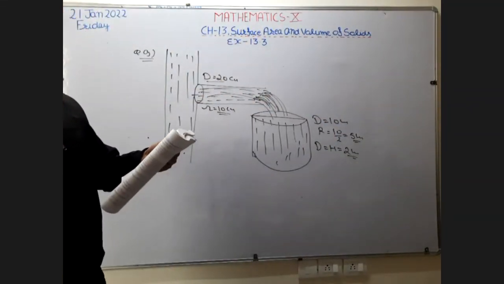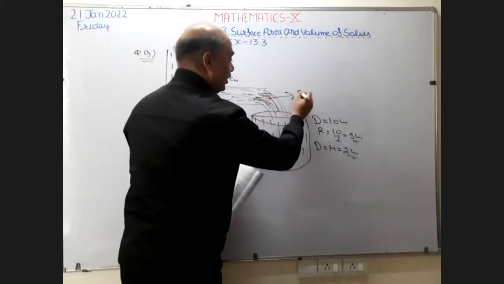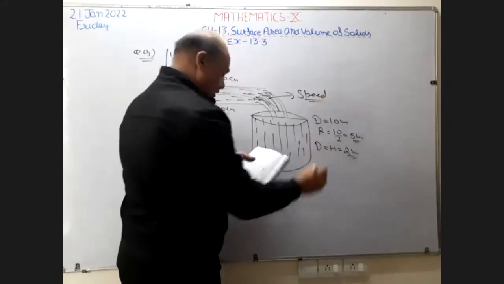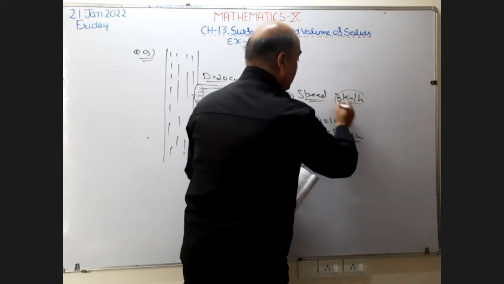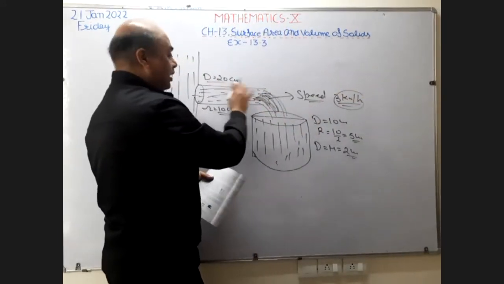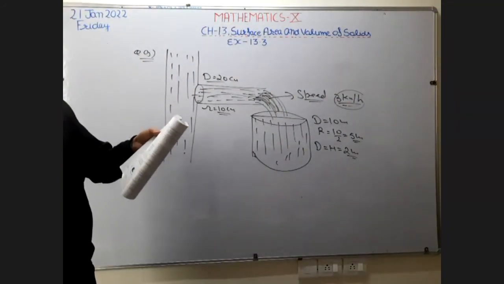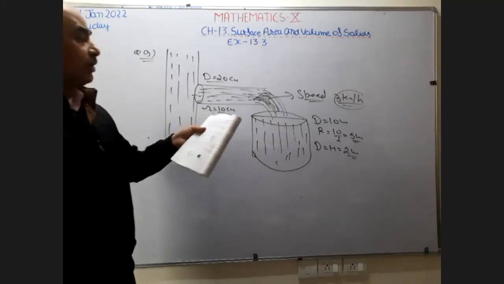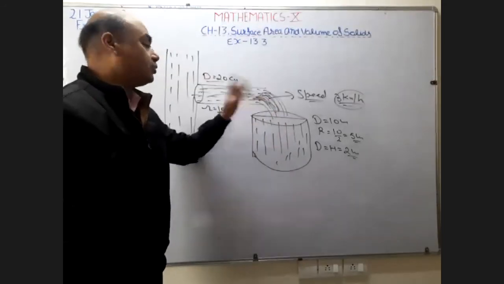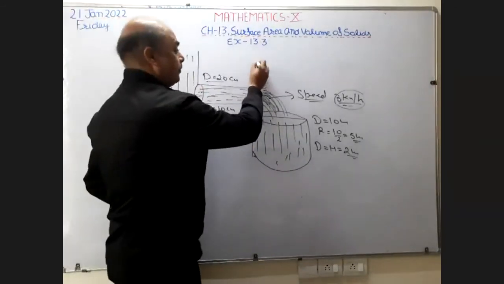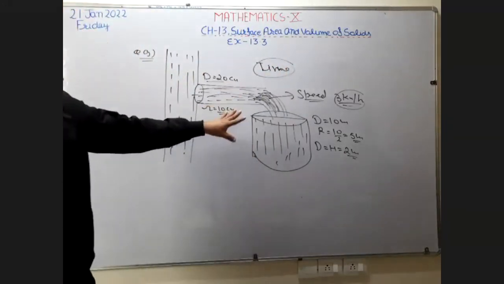Now the question is, if water flows from the pipe at the rate of 3 kilometer per hour, the speed of water is again given. So right here, 3 kilometer per hour. Now water is moving out from the pipe at a speed of 3 kilometer per hour. So the question is, in how much time will the tank be filled? How much time will this tank take to fill with the help of this pipe? So I am going to find the time. Time is not given, so I suppose let